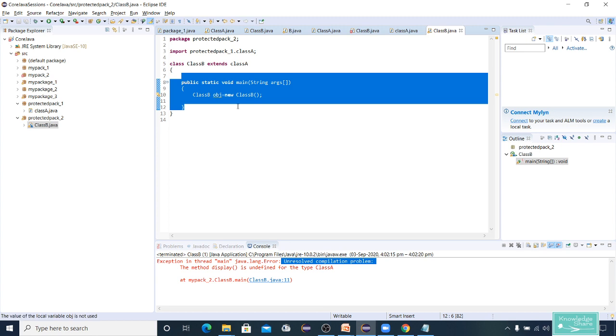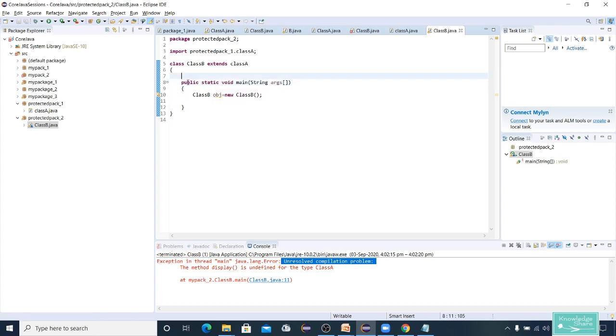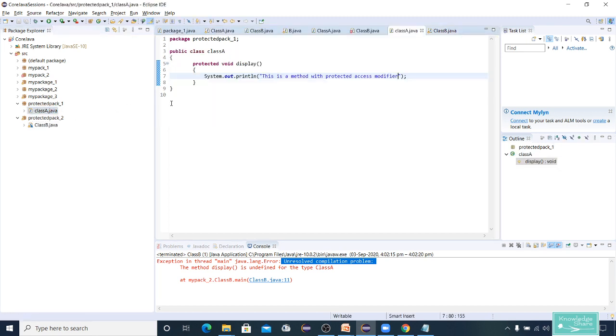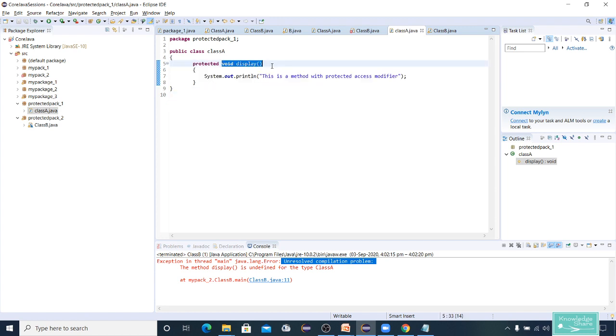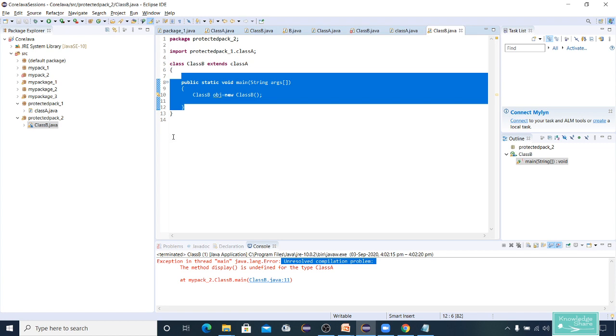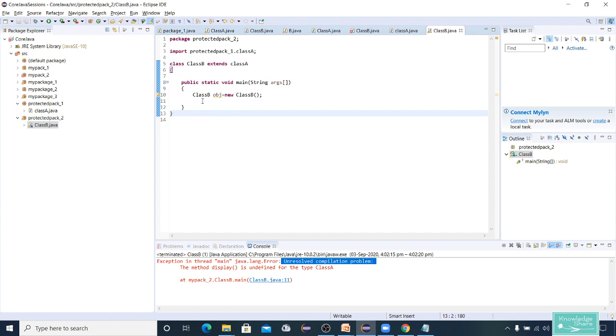No, we did not declare any method in class B. But you have a method in class A which is protected, and that method name is display, void display. Now, as we have seen in previous examples, generally you cannot access those. But here, since we have used extends class A, you can access that method or data members.